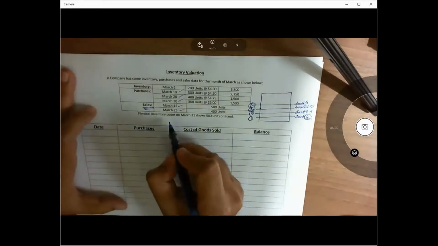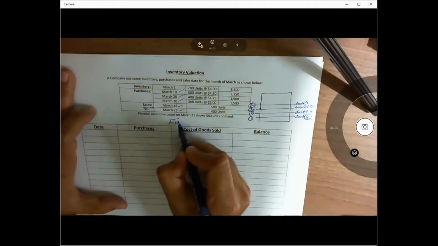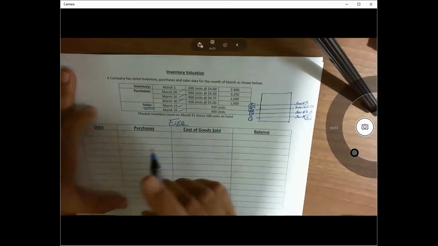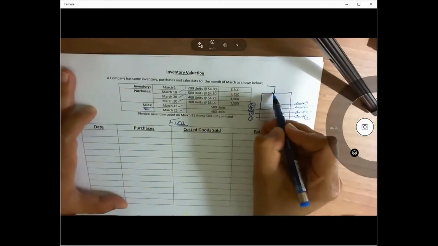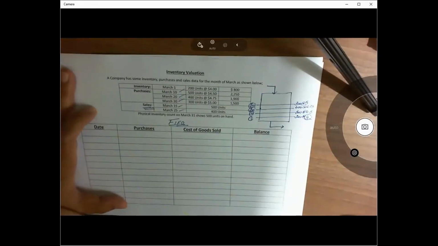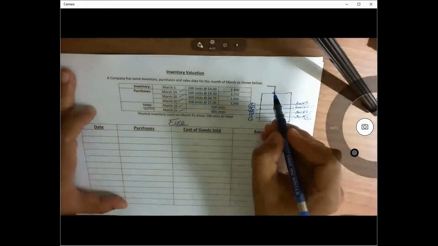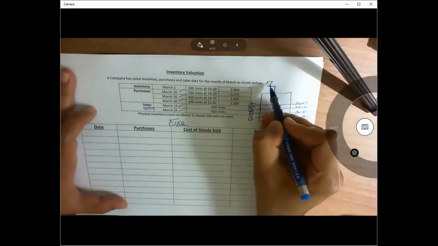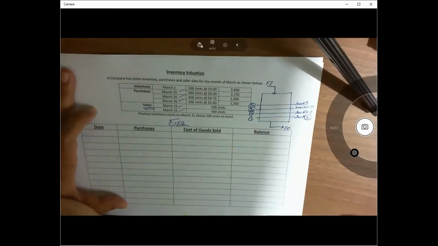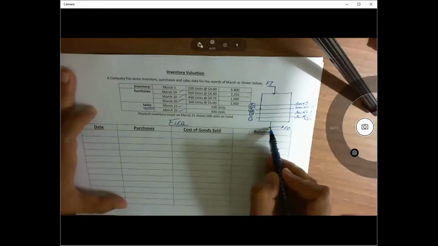So let's try to understand first of all the first technique, which is called FIFO, first in, first out. This method will be much more clear if we use these two arrows over here. If we put these two arrows like this, you will have a clear understanding. It means that the inventory we put in the store first in is first out, FIFO. So when we buy inventory and sell, we are selling those units first. We are selling first out.